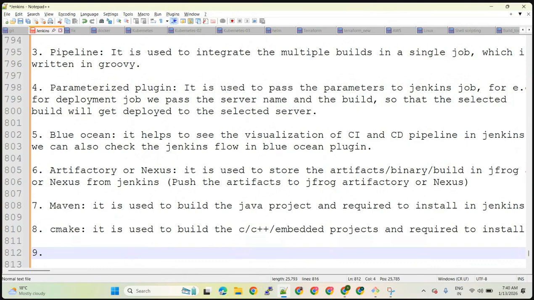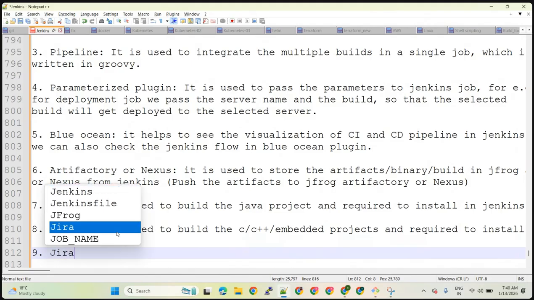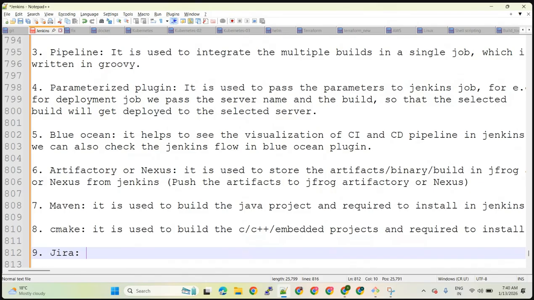Okay, now let's move to the next plugin, that is Jira. So Jira is a plugin. We use Jira as a ticketing tool. So what is this Jira? Let me explain. Suppose we have listed a set of tasks to be completed within 2 weeks of time, that we call sprints. The sprints are planned in weeks, 2 weeks or 3 weeks. The top Fortune companies plan for 3 weeks, and the rest go for 2 weeks